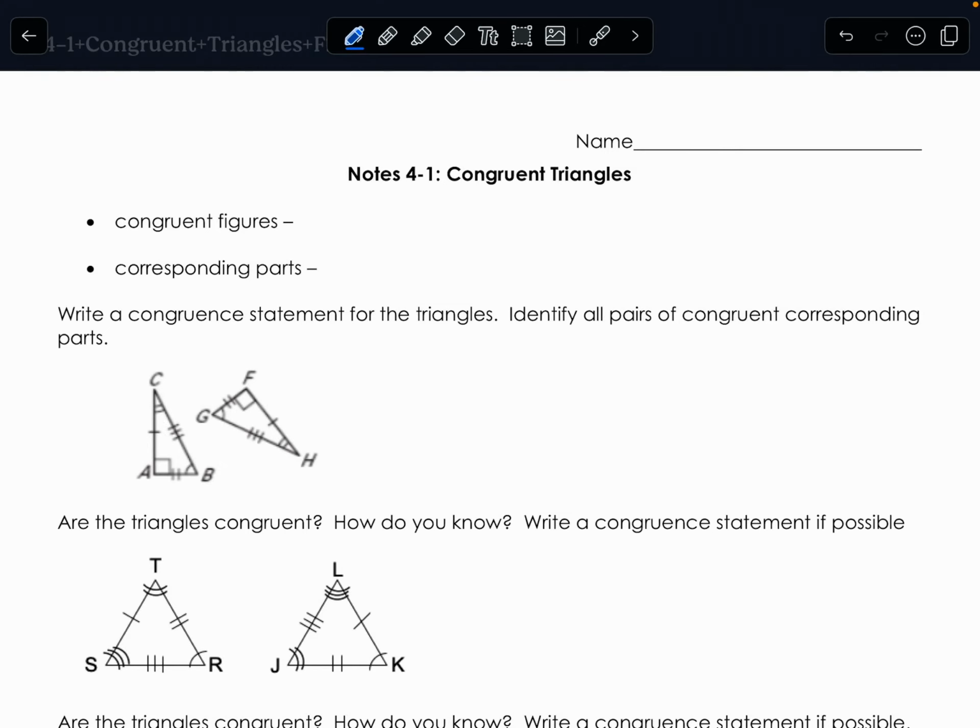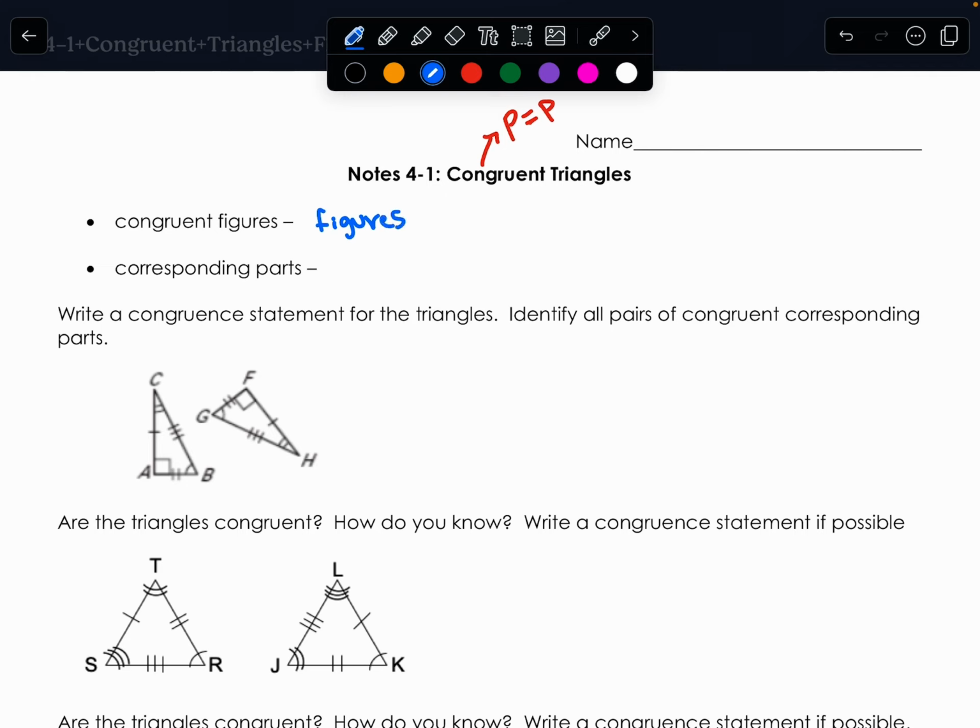Today's notes, we're going to talk about congruent triangles. So on my board, the word congruent is always under part equals part. So today, most of our stuff is going to be under part equals part. So congruent figures are